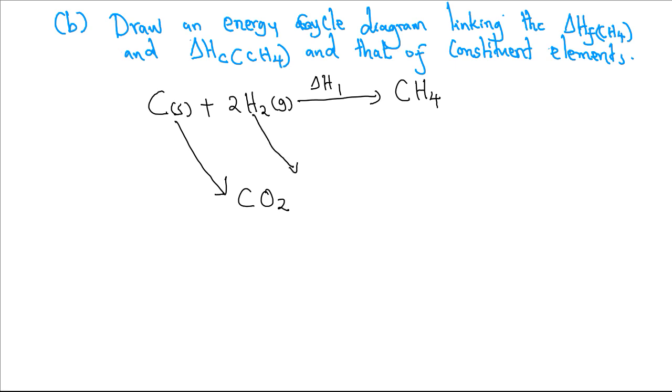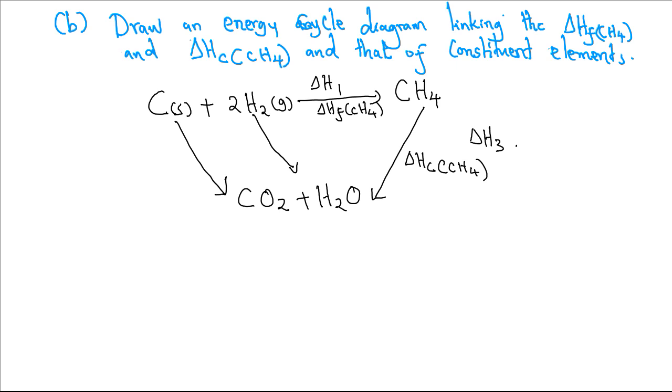Then hydrogen will lead to formation of water. Then we have methane undergoing combustion. That's what we call delta H3. This is delta H formation of methane. Then we have delta H combustion of carbon and hydrogen. Energy cycle diagram. To balance up